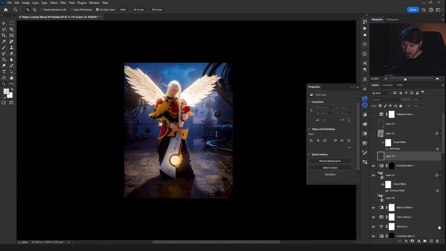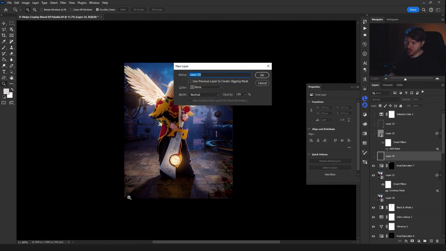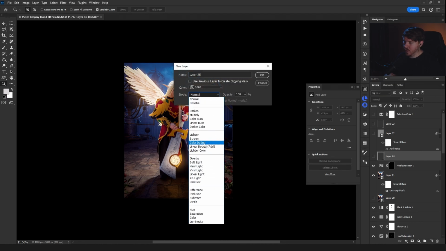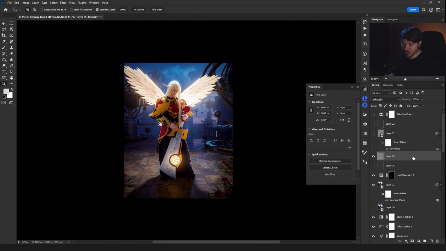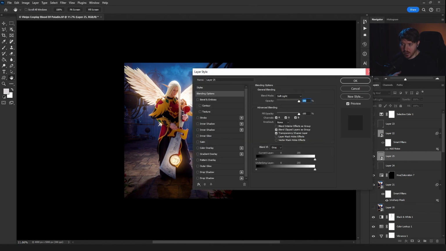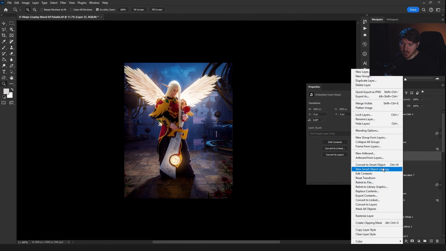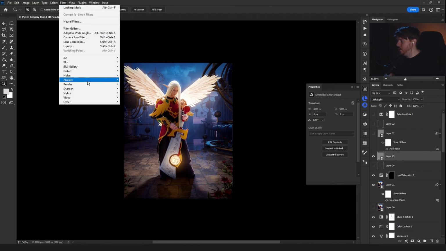All right, so for this layer, I just Alt or Option and press New Layer, go to Soft Light on the blending mode and fill with 50% gray. Now we have the 50% gray layer. Control W is my keybind for smart objects. I went to Filter, Noise,